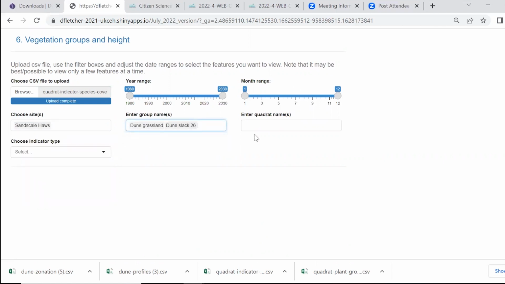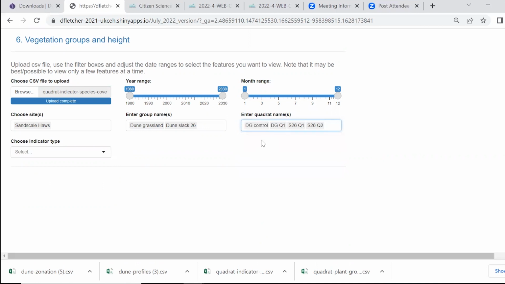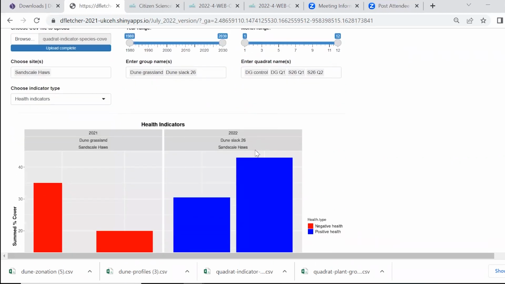Pop these on. I'm not sure what's been done at Soundscale. I know we had some issues with the data not uploading properly, but I'll pop them on and see what we've got. And then choosing the indicator type. So the plants are grouped into health indicators and nitrogen indicators for each of the quadrats. So for example, having a look at health indicators,